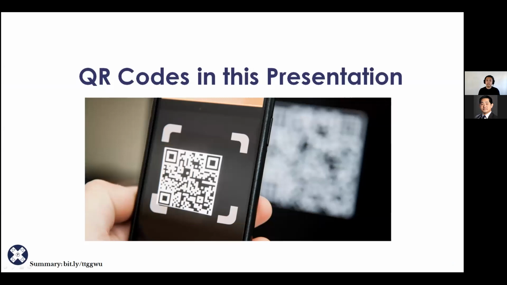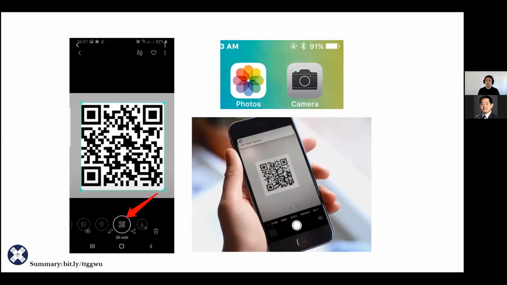The other thing I want to point out is that there are going to be several QR codes in this presentation. If you're not really familiar with QR codes, you'll see one that's flashing here on the screen. Whenever you see a QR code, it's going to link to some additional resources. It would be beyond the scope of this individual presentation to really talk about it here. However, if you'd like to learn more about these individual resources, all you need to do is take your mobile phone, open up the camera app and point it at that QR code. You'll be able to get a link directly to that resource, and you'll be able to look at it for future viewing.